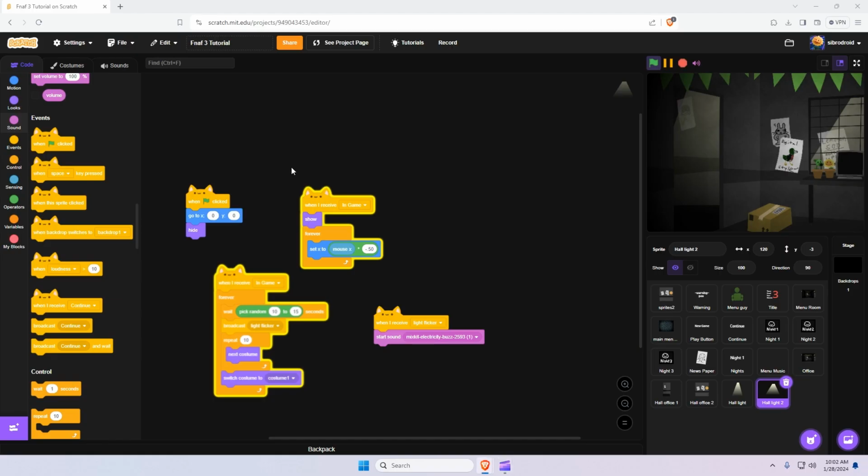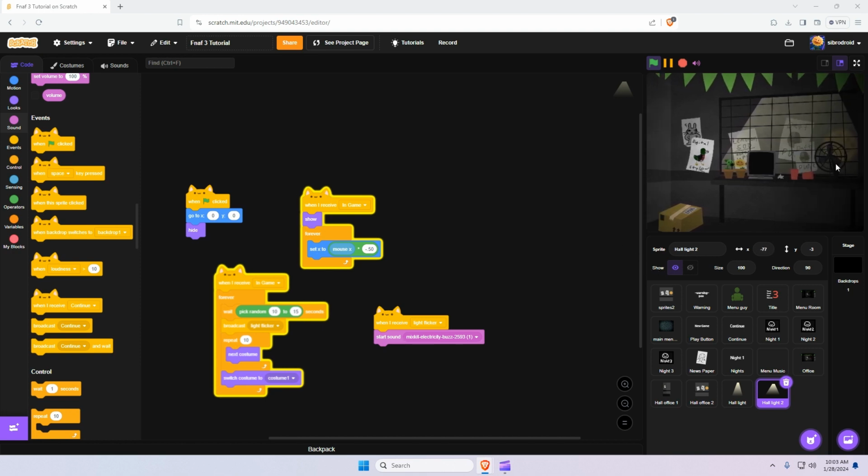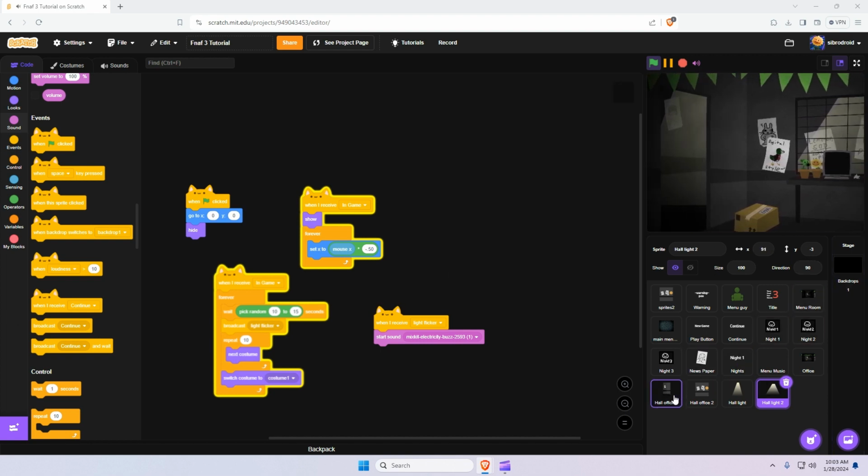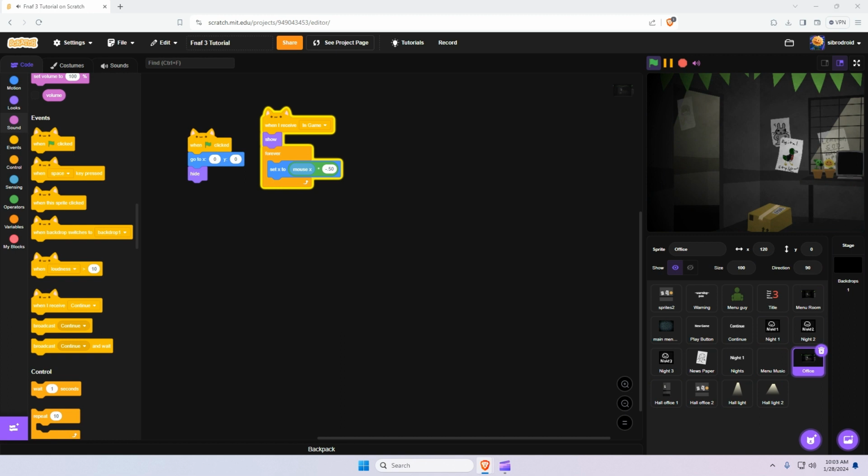All right, so now we're gonna start working on the cameras, and I'm not gonna go through all the cameras. I'm just gonna have the little thing that you flip up. So to prepare for this, we're gonna go back into the office sprite. I'm gonna put some more code in that. So what we're gonna be doing is when I receive